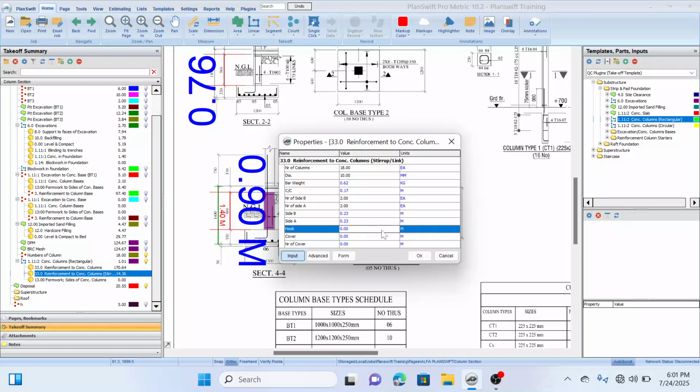The value of our hook, or the length of our hook, we'll just have to assume that it's not given in the section. So let's make use of 150. Then the cover, 25 mm,